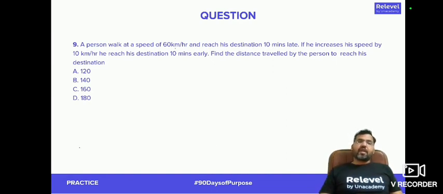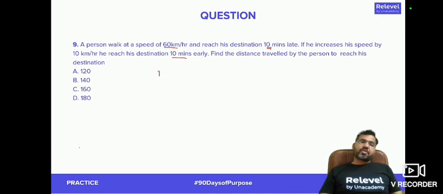A person walks at a speed of 60 km per hour and reaches the destination 10 minutes late. If he increases his speed by 10 km per hour, he reaches the destination 10 minutes early. Find the distance traveled by the person to reach his destination. Now keep this in mind, guys, that